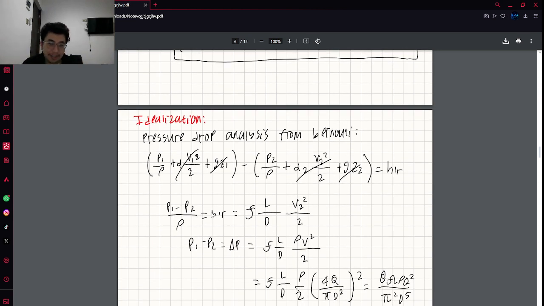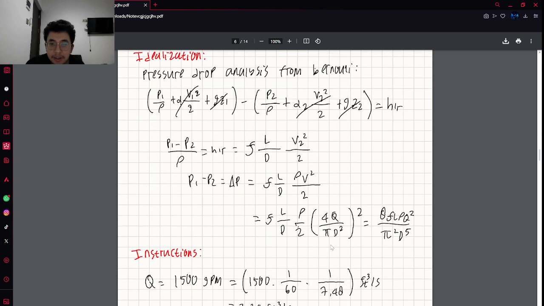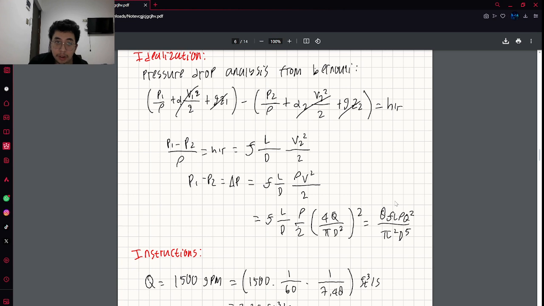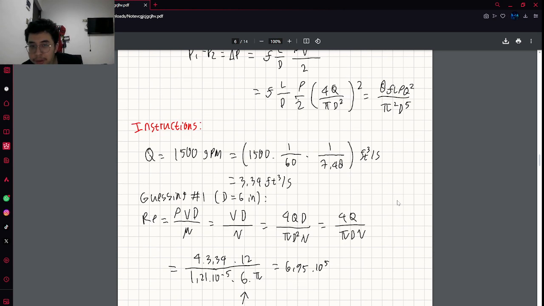So yeah, we neglect that, and then we get to this part, which is the equation, which equals this right here. And then some substituting methods, which equals this part right here. Okay, we got the final equation we need, and we just do the instructions real quick, which is,